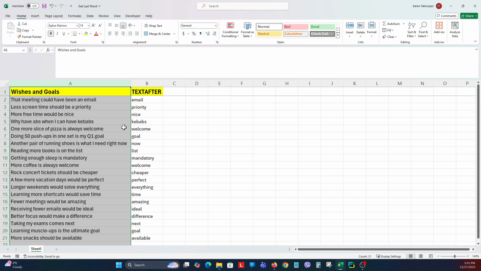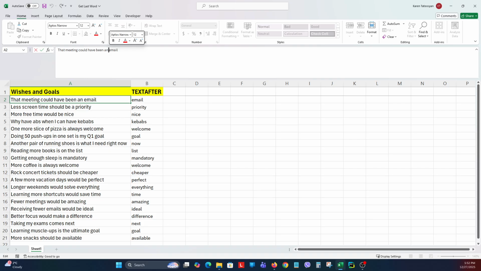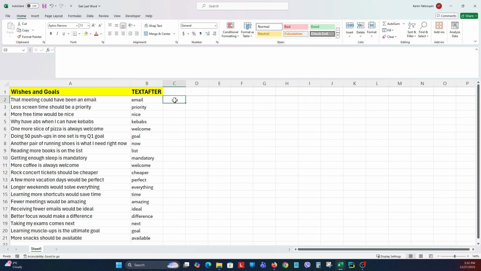So the idea is that I will find the position of the last space and I will replace it with a hashtag. Then I would probably use SEARCH to find this position. And then a combination of the RIGHT and LEN functions. So this is rather easier said than done. And let's see how to implement it. First, I would want to